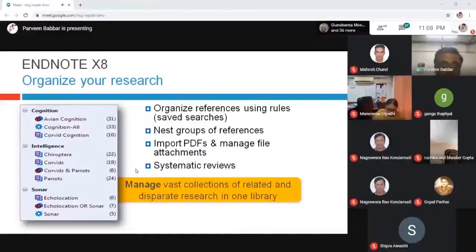But later on, if I am not interested in dragging and dropping into that group, I can manage it the intelligent way, where EndNote does it for me. That is possible, and at the end I will show you how intelligently these functions work.